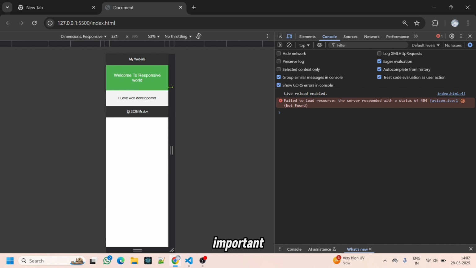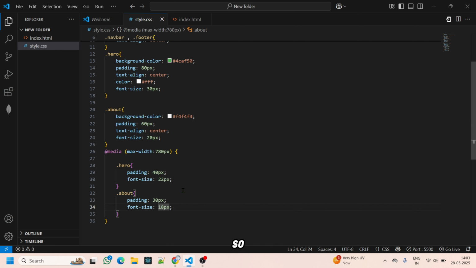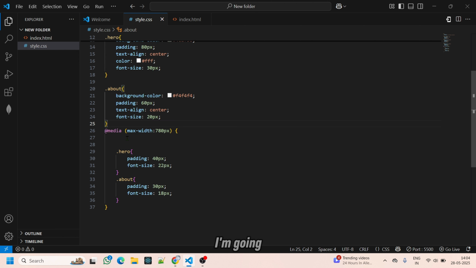Okay, so this is how we do responsive design in web development. It is very important, and we should do responsive for every website to make it usable to every user. Most of the users are on mobile devices only. And now let's make our navbar responsive too. I'm going to take